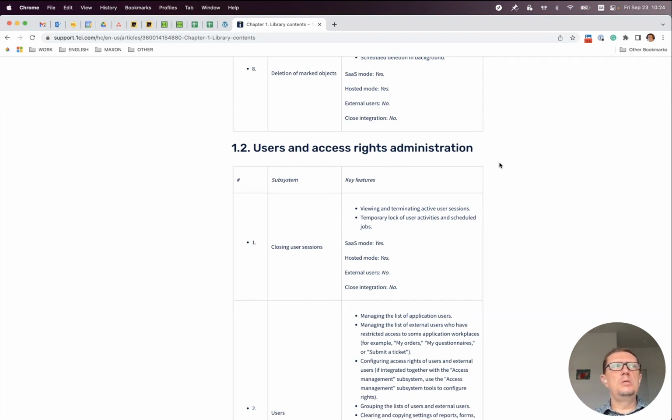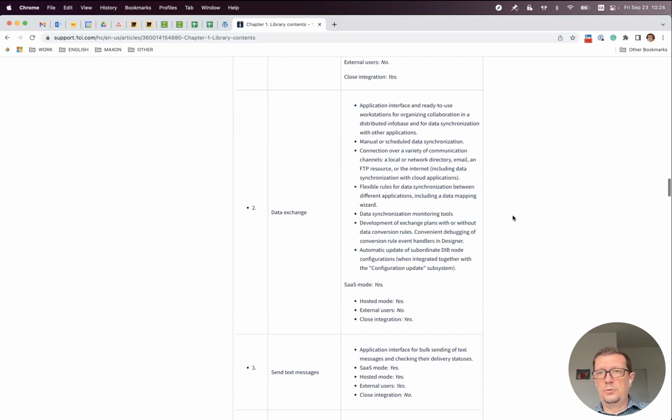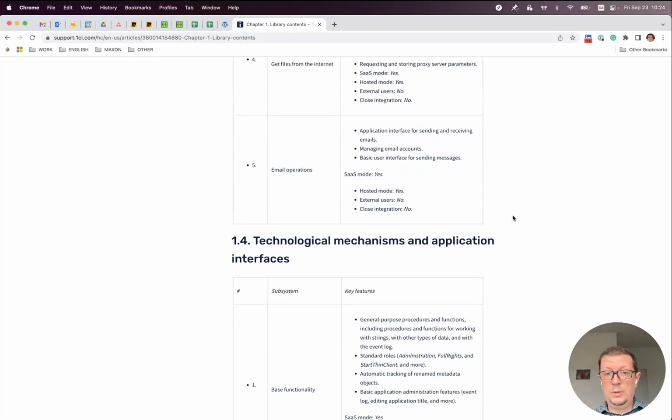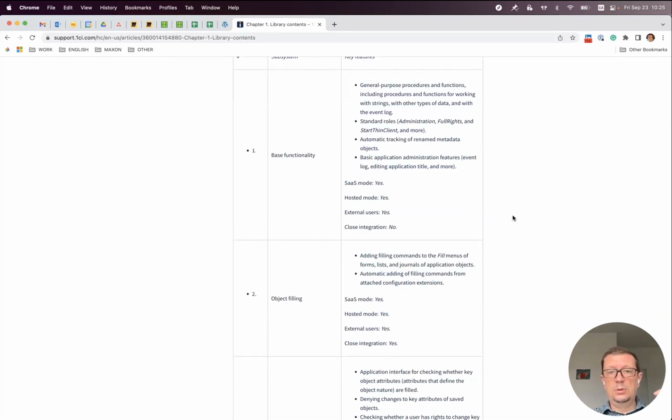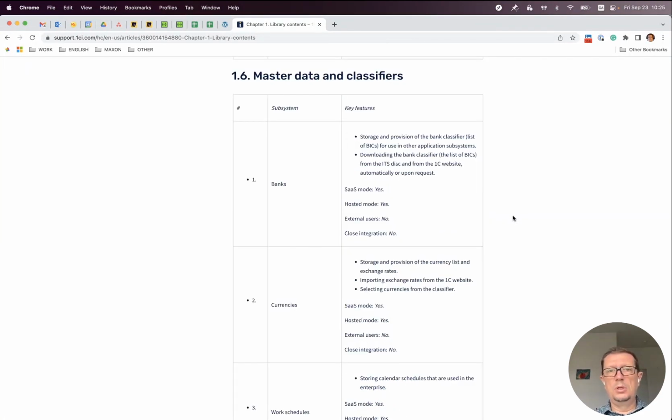What you do when you need, for example, to get rid of all the users, just make them leave the application because you want to update it or for any other reason. So all of these live here, and so on and so forth. I won't be listing all of them, but you're welcome to follow this link and see for yourself what's here.